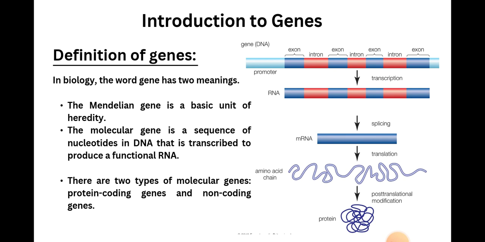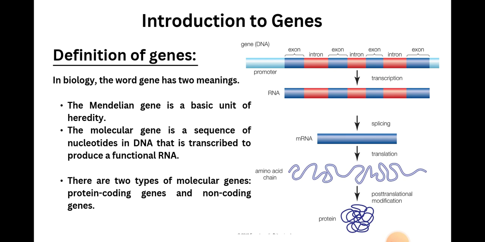Basically in biology, genes have two definitions. The first definition is given to us by Gregor Mendel, and the second definition is about the molecular genetic mechanism. In the first definition, Mendelian genomic data says that the gene is the basic unit of hereditary material. Mendel said that the gene is the only unit that contains our genetic information, the information that we obtain from our parents. And in the second definition, the molecular gene is the sequence of nucleotides in the DNA molecule, and that molecule is transcribed into